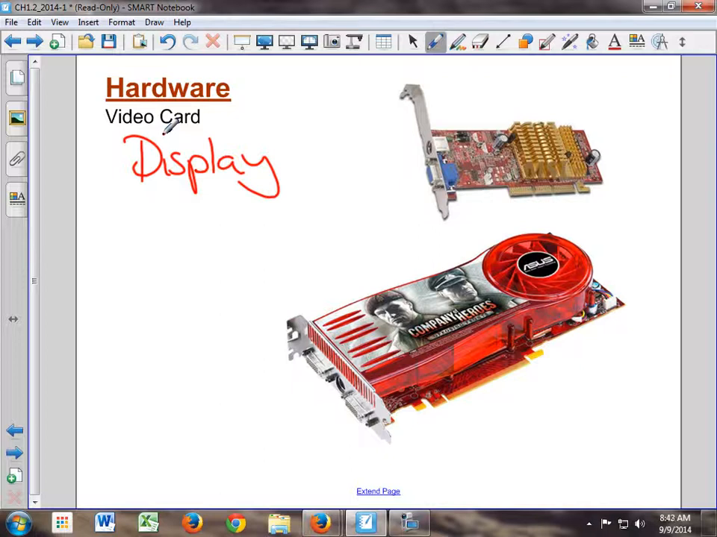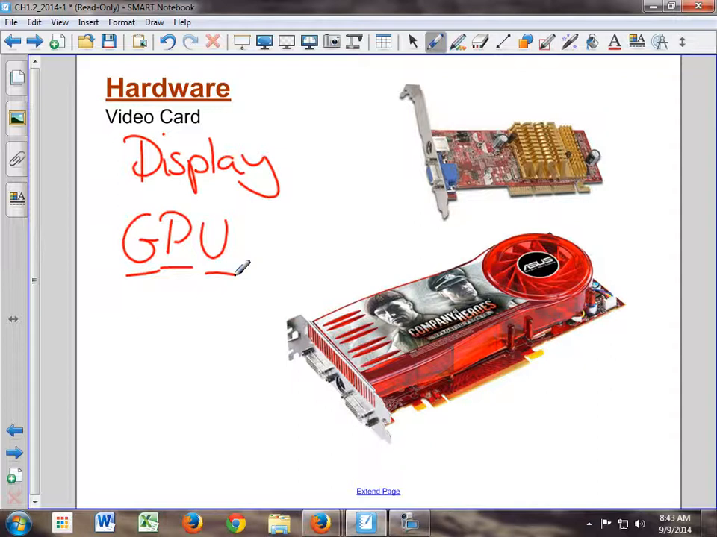Cards can have, well, they do. They always have their own processor. Instead of a CPU, they have a GPU. What do you think that stands for? If the CPU is for central processing unit, what do you think the G stands for? Graphics processing unit, okay? It has a graphics processing unit that compiles and makes the video that comes out to